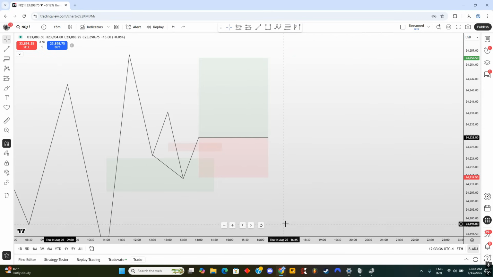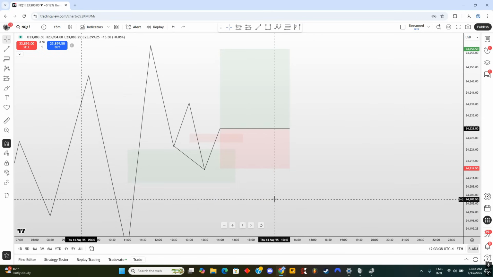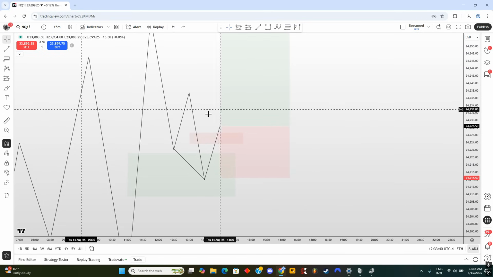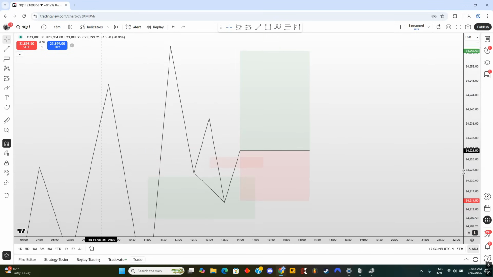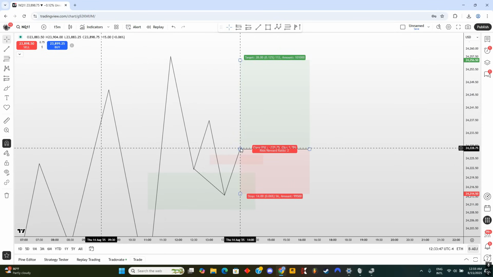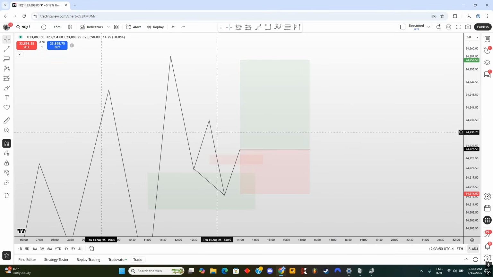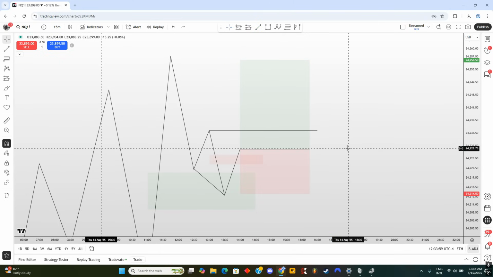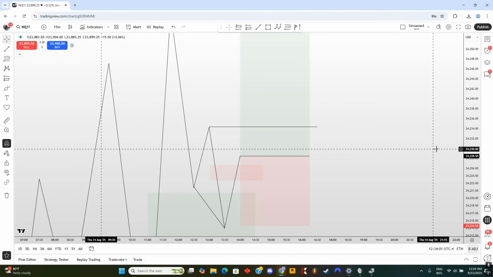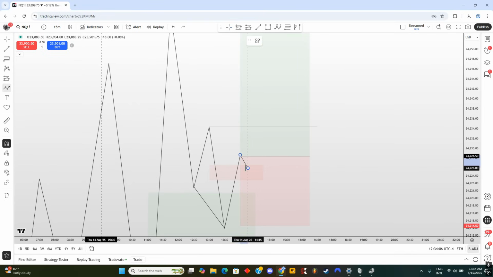So first things first, we are inside the 15-minute fair value gap. We had SMT with ES, and then we inversed above it on the highest time frame fair value gap, right? That is going to be your entry. Now, after your entry, mark out the closest buy side liquidity level. So over here, we have this high, which is the closest liquidity to our entry. Now, as weird as it may sound, you always have to go break even whenever this liquidity is taken out. We are trying to protect our